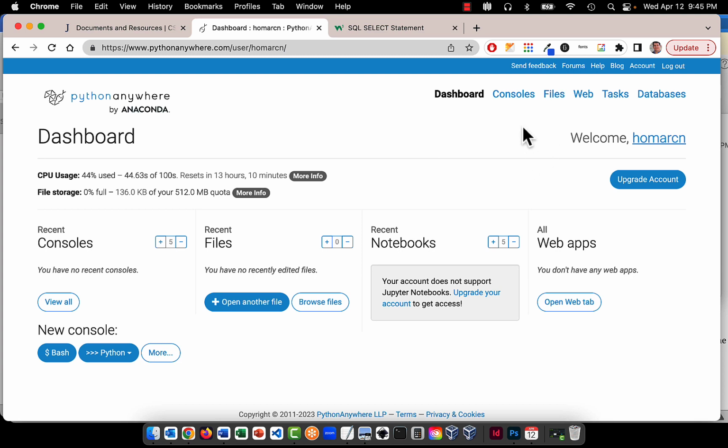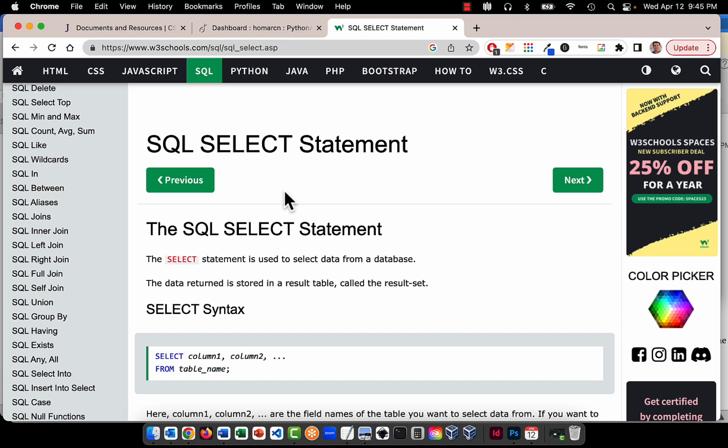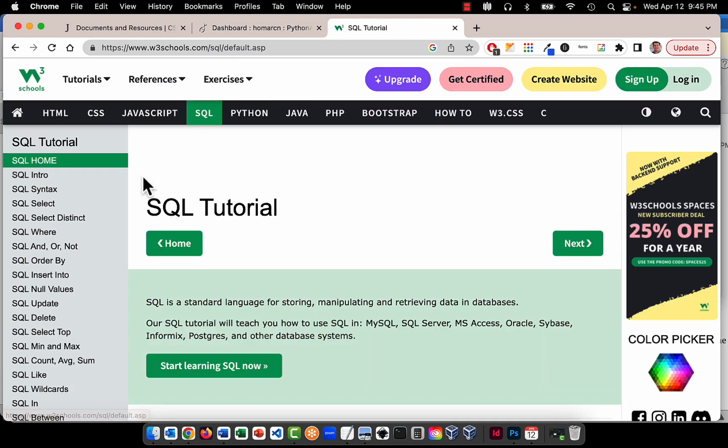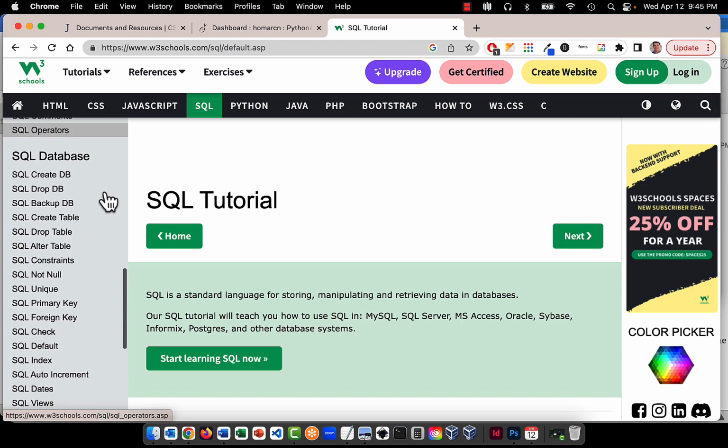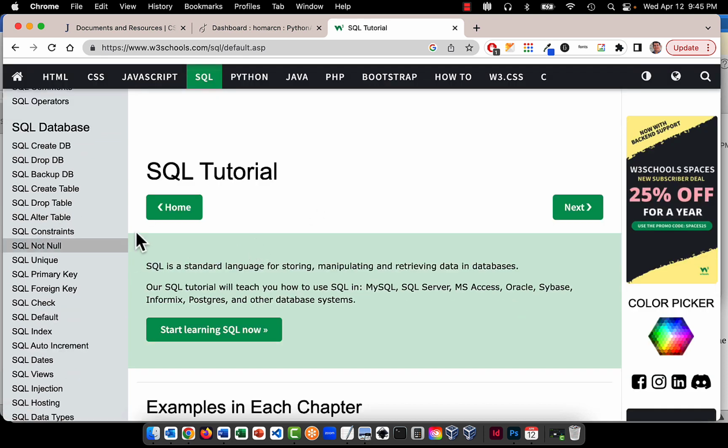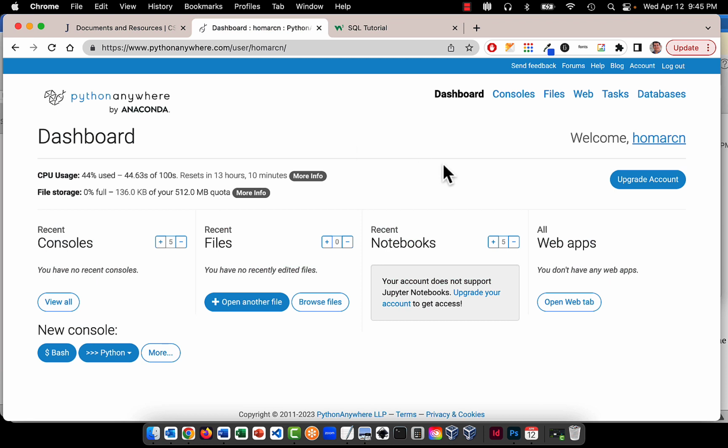and do some MySQL work, and we are going to use W3 Schools SQL. So if you go to W3 Schools, click on SQL, and we'll do some of this in here. We're going to use insert into and some other things, create table, stuff like that we're going to do in our SQL file. So let's go back to our dashboard here, and in some case we might want to open